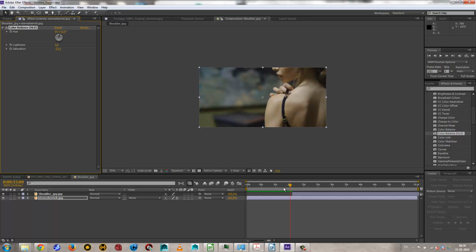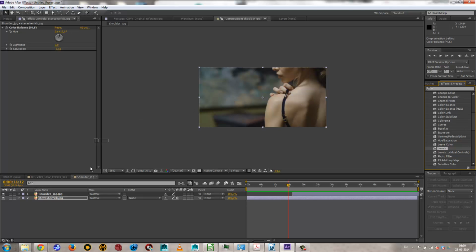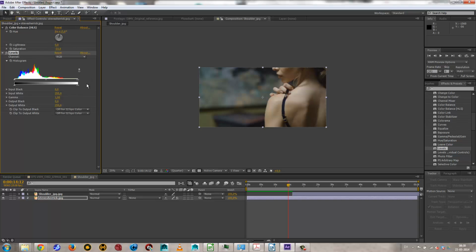Yeah, so let's see. The color is not too bad now, and then perhaps add levels to this. Could be levels individual color. I'll just do general levels at the moment, and then what I want it to be is more contrasty, so this should be there, this should be there. You can see it starts to match up a little better,